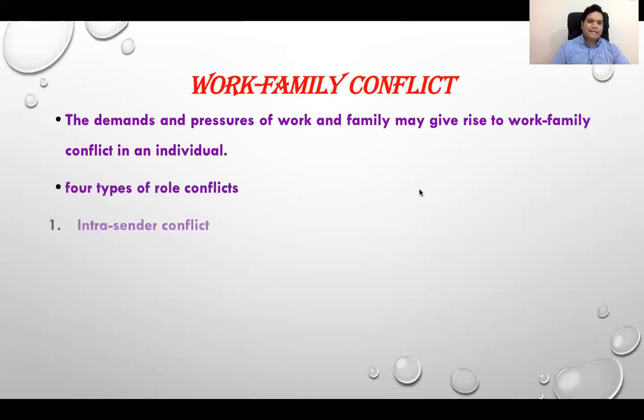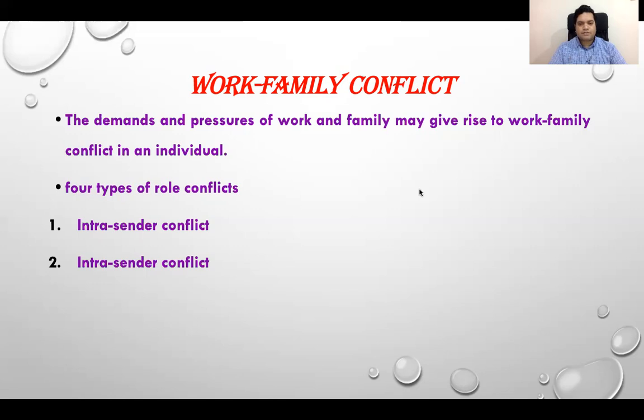The first one is intra-sender conflict, which occurs when one person is asked to accomplish objectives that are incompatible, which cause conflict. Now there are 2 types of what I've explained. The first one is where one person is involved. Then the second one is the inter-sender conflict, which occurs when 2 or more senders give